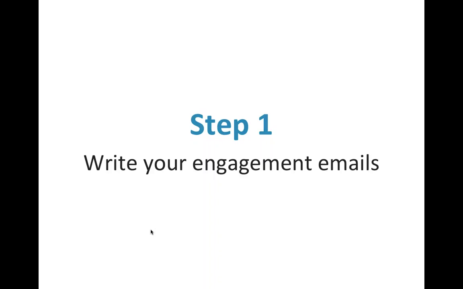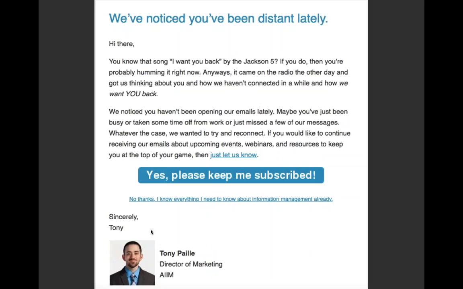So let me show you the 3 emails that we created. This is email 1. Now we did some things a little bit differently here to increase the likelihood that this campaign will be a success, and I'll point them out to you. This first sentence here is very different from the type of marketing that we usually do. We wanted it to be playful and fun. The subject line, which isn't listed here, was something like, "This song reminded us of you." And we did that because we wanted to take them by surprise. We didn't want them to block out mentally that noise that we've been sending them.